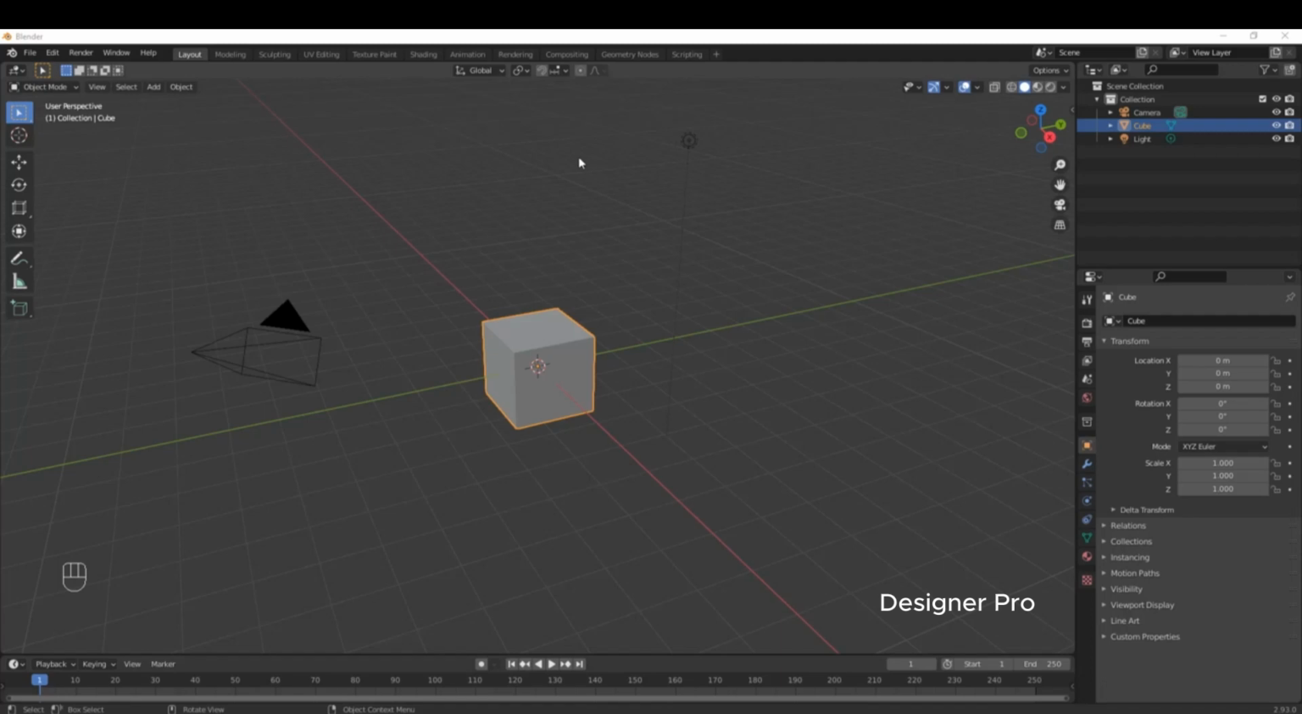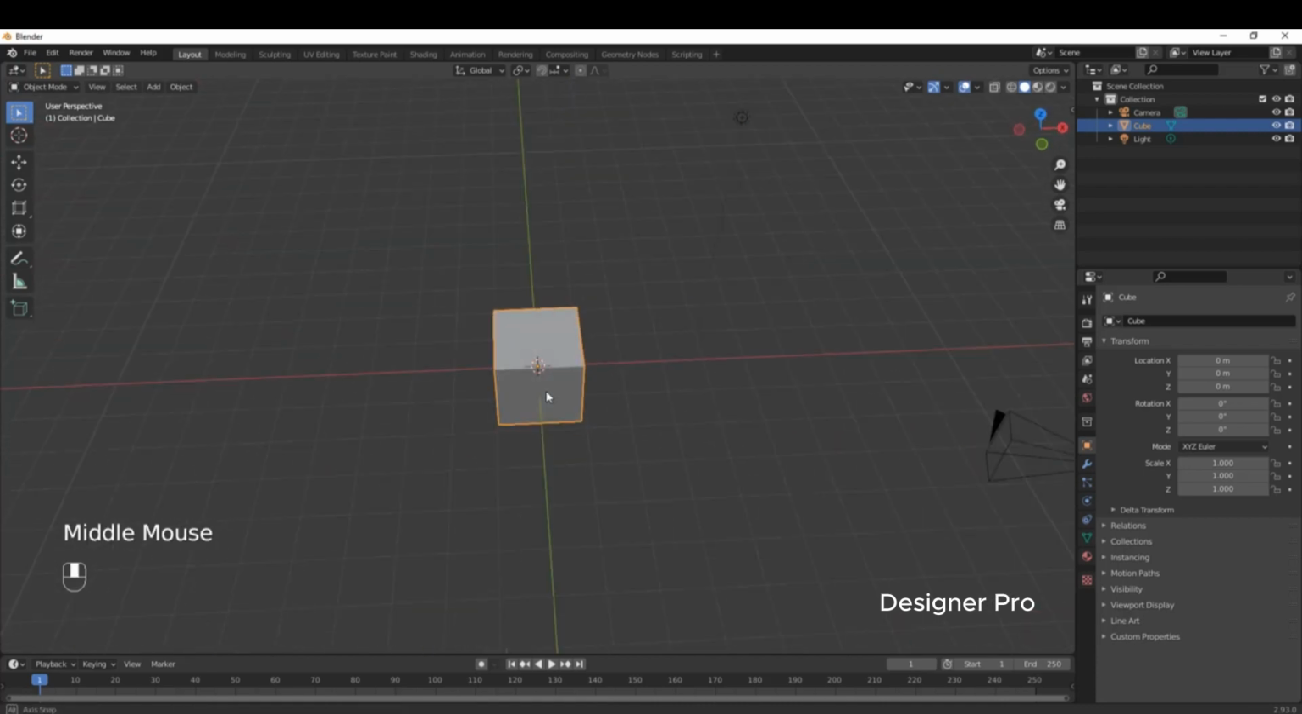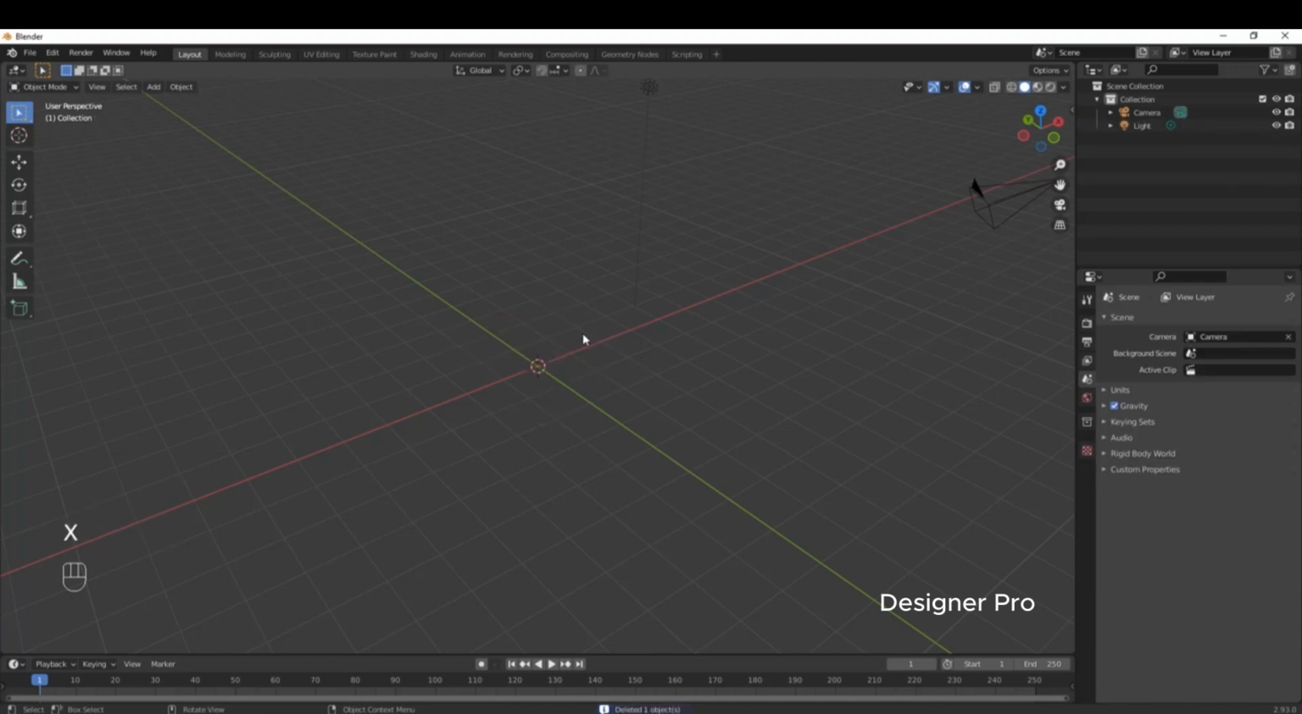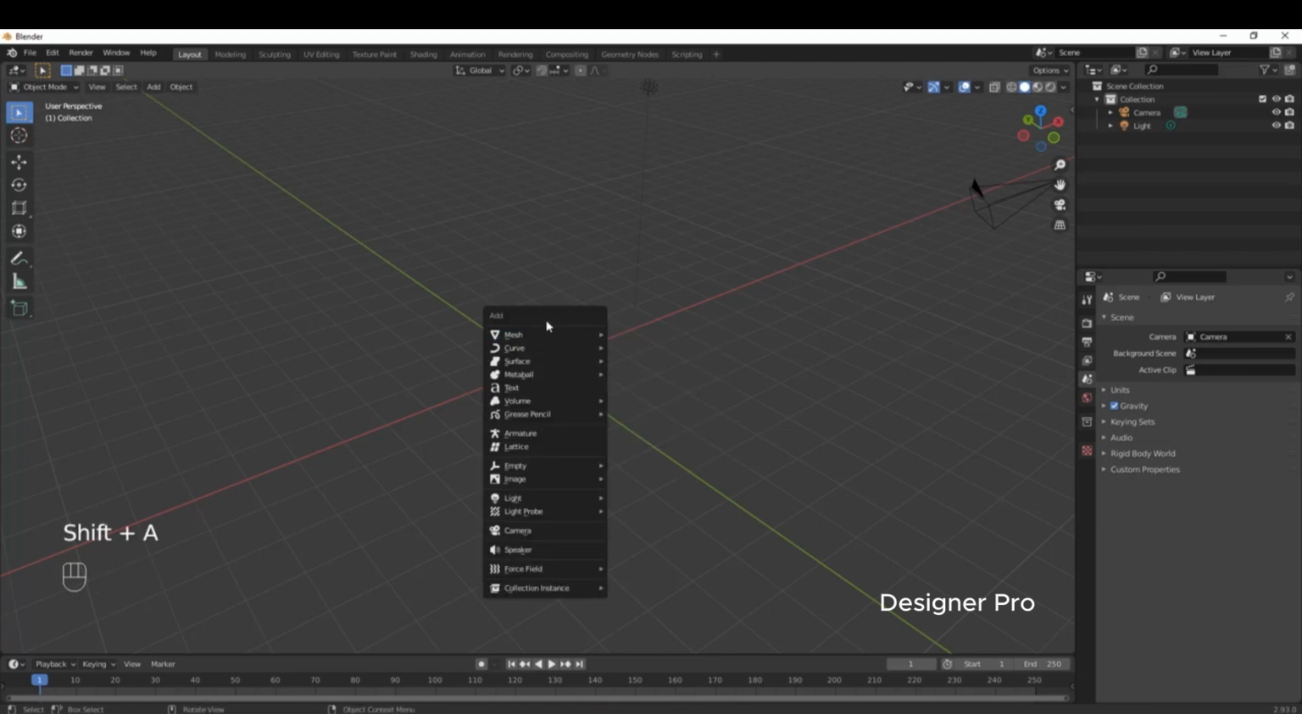Alright, in this one we're going to take a look at how to add different objects to our scene. Because right now we have a default cube and that's great and all, but what if we want to add different shapes? Well, we could hit the X key and that will delete whatever object we have selected. And then we could hit Shift A and this is the add menu, as you can see, and we could